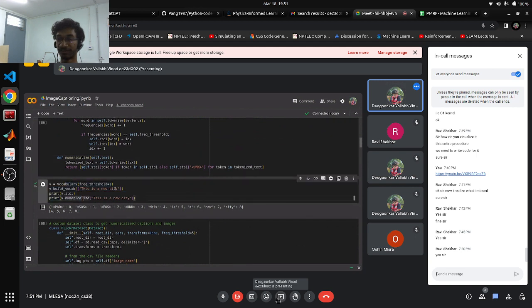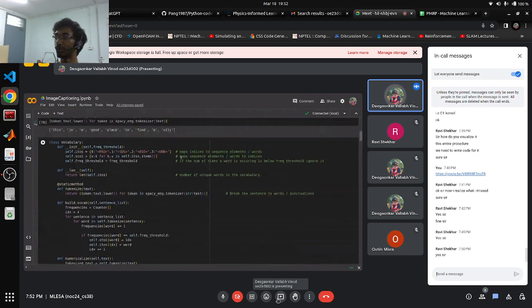So if I send this sentence and try to build vocabulary only using this sentence, that would look something like this. In my vocabulary, this particular symbol, this pad, is denoted by 0,